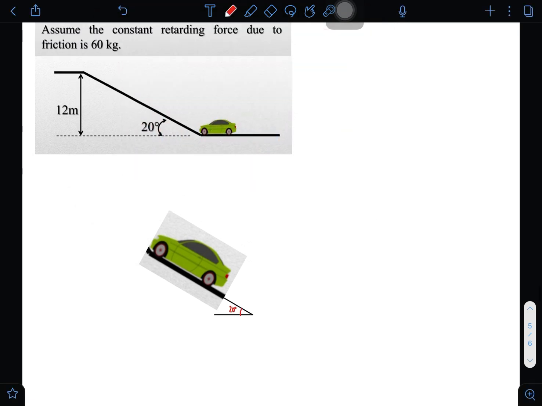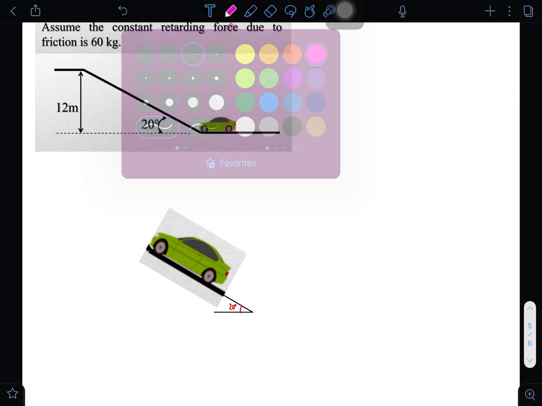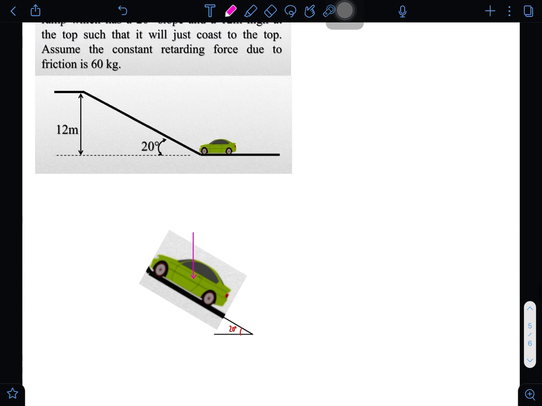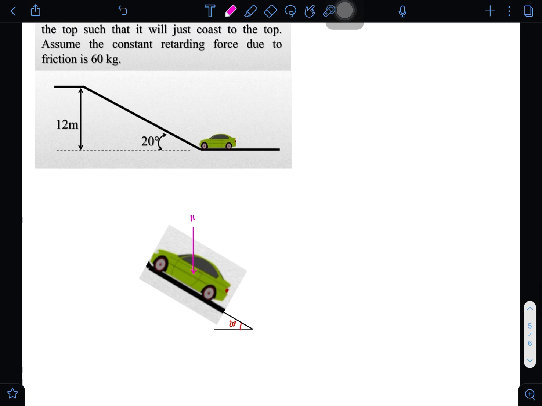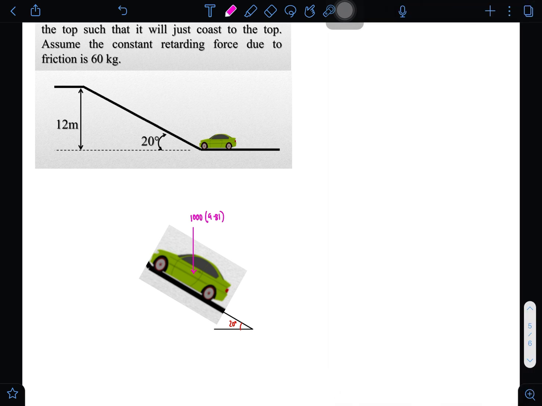And then the car has a mass of 1000 kilograms, that's to be multiplied with 9.81, and that's 1000 times 9.81, that's 9810